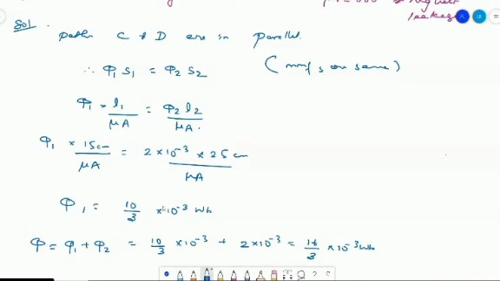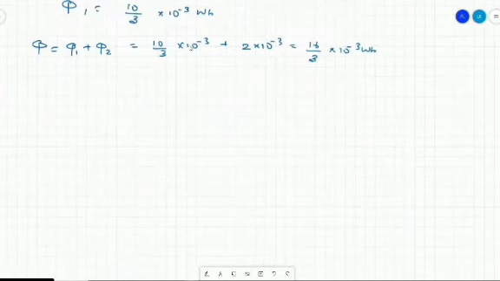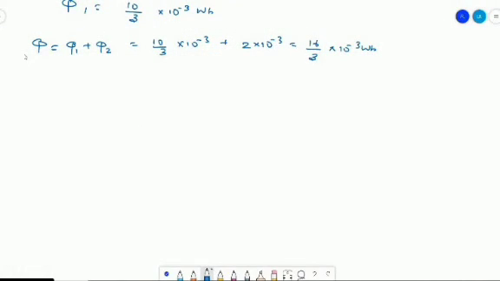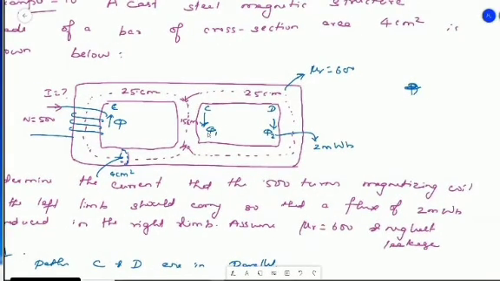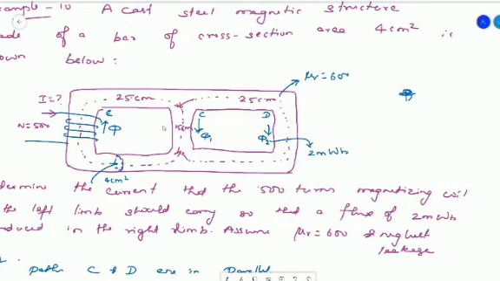So taking things further, if you find the total EMF required in this case, so again let us take a look at the circuit. So in this case the total EMF required will be the EMF that is required for this particular limb, and then any one of these limbs, either this or this, because these two are ultimately in parallel, so it will be the same EMF across these two.